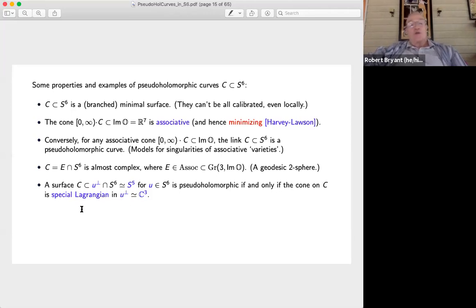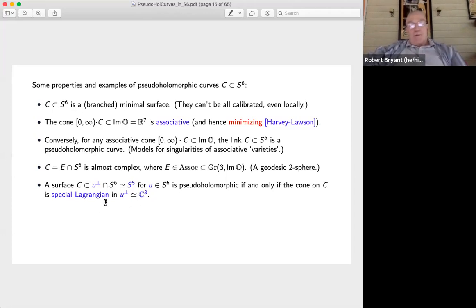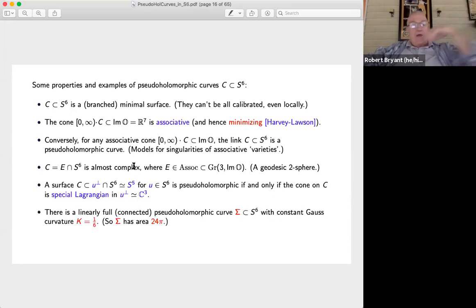If and only if the cone is special Lagrangian in that C3 for the complex structure that U determines on that hyperplane sitting in R5. And so, of course, you can take unions of these things, but for example, if you take a union of a bunch of planes, then because they're invariant under the antipodal map, they can't just intersect. Their intersections have to be invariant under the antipodal map, so you can't get a half line.